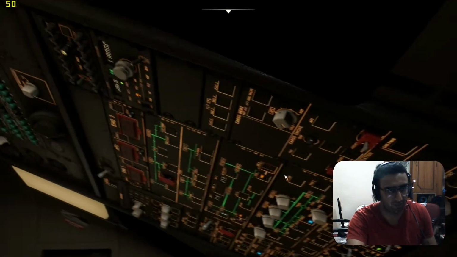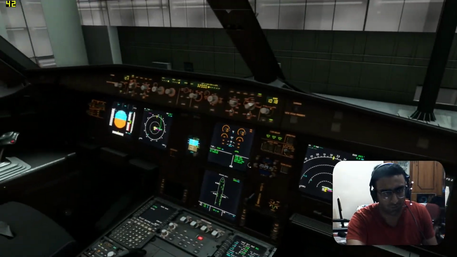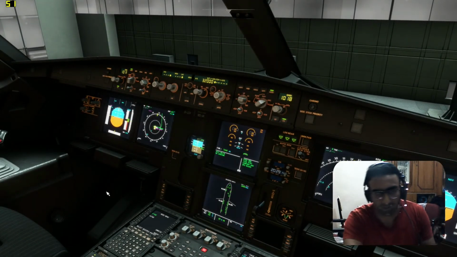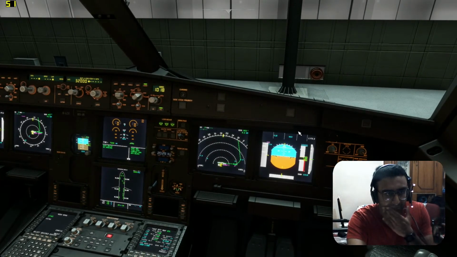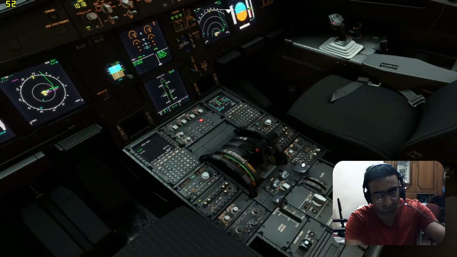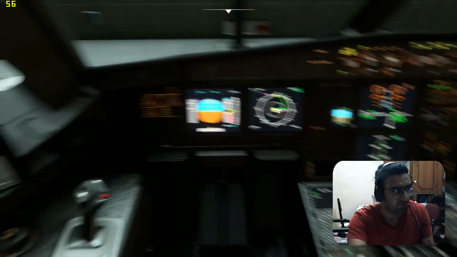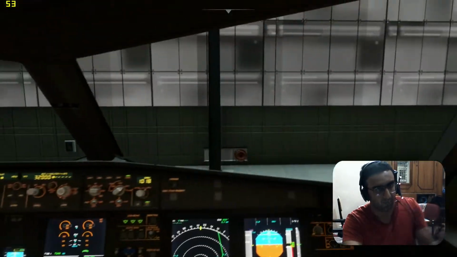Let's do the before start flows. Beacon on, windows are closed, doors are closed, and slides are being armed. Okay, looks good. And pilot monitoring flows before start. I will set ATC set for operations for code 2000. Windows are closed, doors are closed, lights are on. Before start